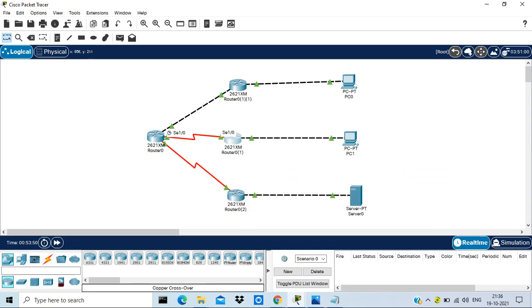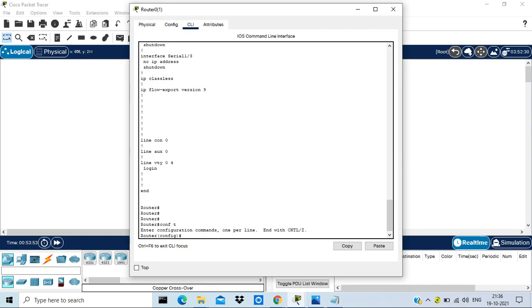So the IP route that I will be adding here is, the gateway will be 2.1.